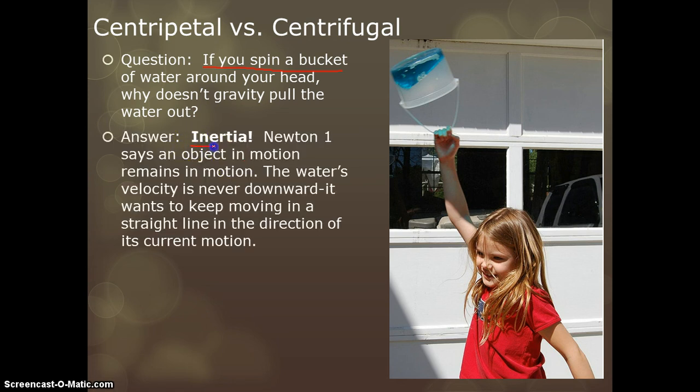Well, the real answer here is inertia. Remember, Newton's first law says that an object in motion wants to remain in motion. And I'll ask you this question. What is the motion of the object, the water in this bucket, as it nears the top of the circle? Well, the water in the bucket is moving in this direction. And Newton's first law says when you are in motion, you want to remain in motion in the same direction you're moving. So this water actually has no reason to fall down because it's going to obey Newton's first law. It's going to keep moving along this path. The only reason it changes directions is because of the